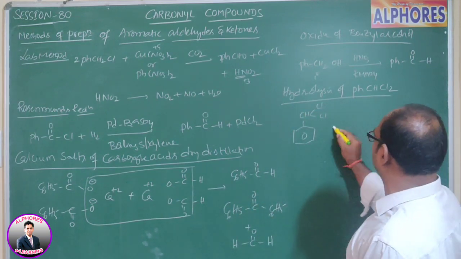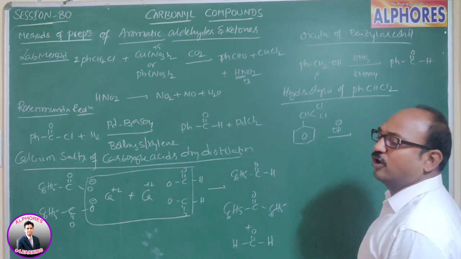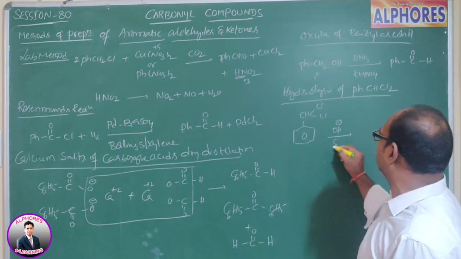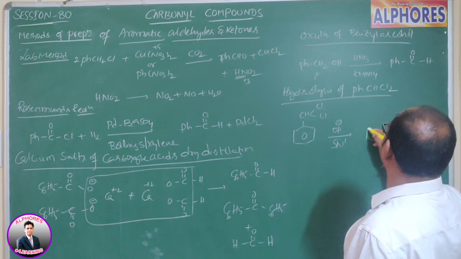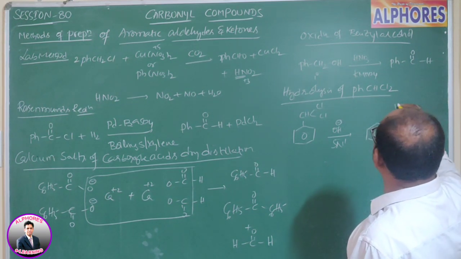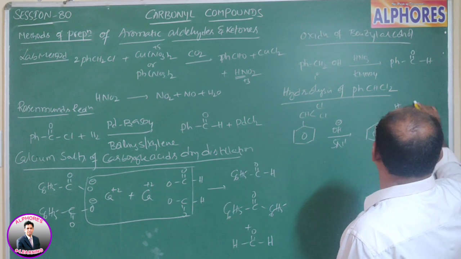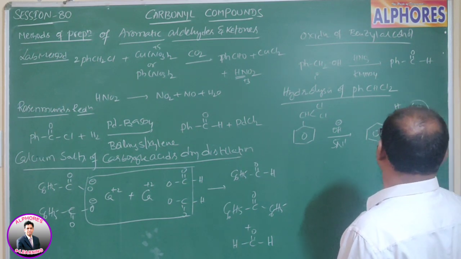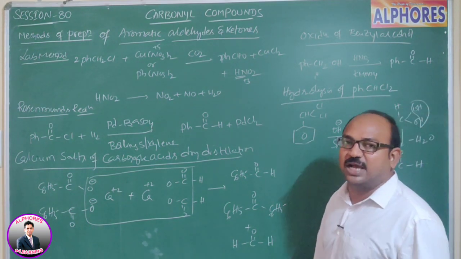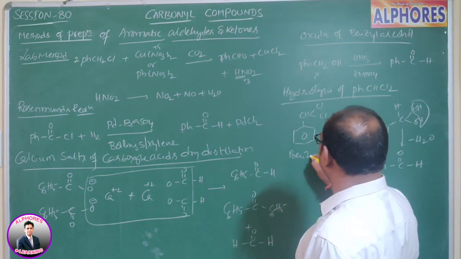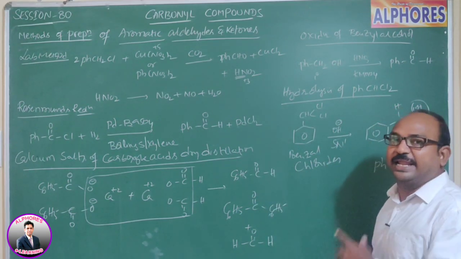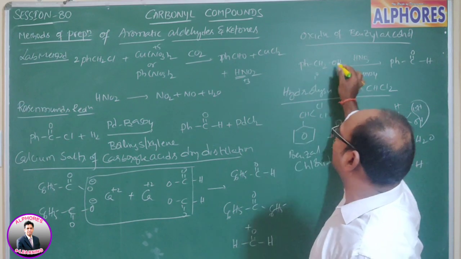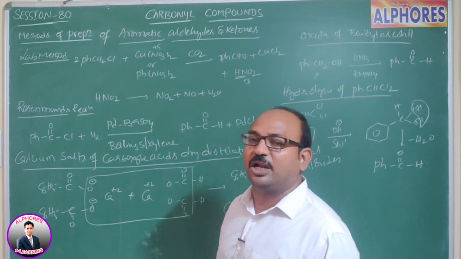This one upon hydrolysis, base hydrolysis or acid hydrolysis, what happens here? It is an SN reaction, and the halogen will be displaced by OH. Then we get a ring-containing carbon with one hydrogen and two OH groups. No one carbon can bear two OH groups, so it immediately loses a water molecule and converts into benzaldehyde. So this chloride upon hydrolysis gives benzaldehyde. Not only oxidation of benzyl alcohol,